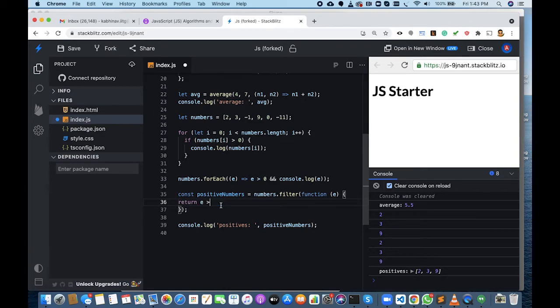We need not write so many lines; instead of all this we can just write return e greater than 0. If you're not comfortable with shortcuts, try to write the long way. When you get comfortable with shortcuts, start using them, but don't get intimidated by code written by someone else. Try to understand what it is, and once you understand something, there's no fear.